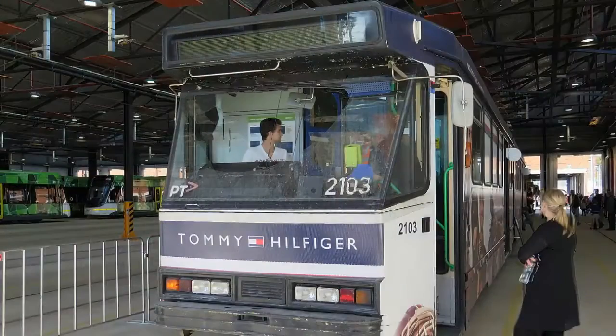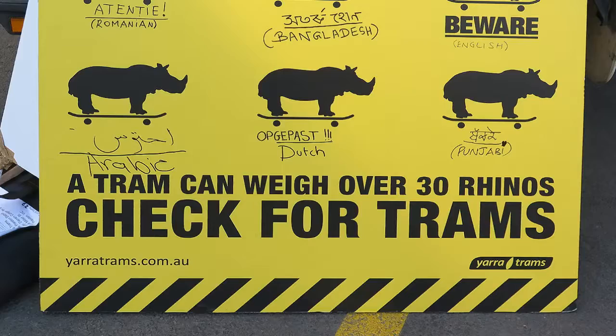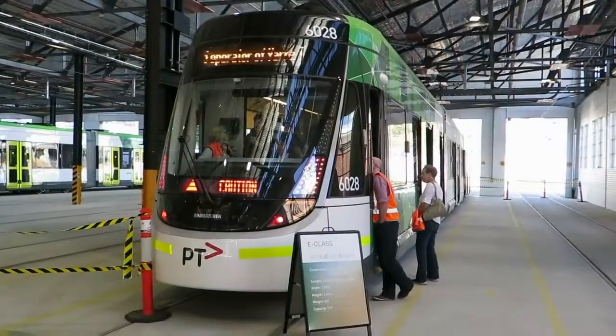It's very important. But also too, I think it's demonstration by the fact that there's estimated to be many thousands of people come through here today, that this site is rich in history. Many people have an association with trams, whether you've ridden on trams all your life, you've worked on the trams all your life, or you just have an interest in them. This is a site that is rich in history, and as Gary talked about, this is a site that's had its ups and downs, but today we are very much celebrating an up that will remain that way for a long time in the future,